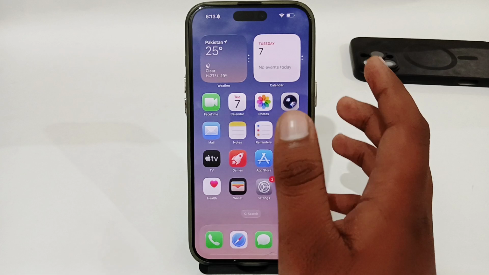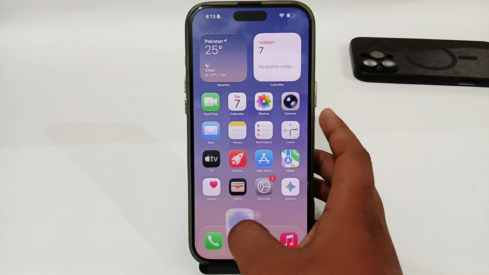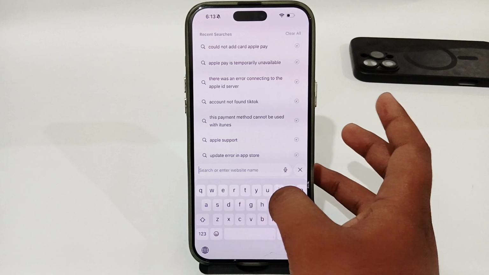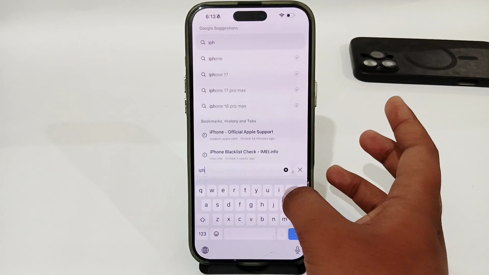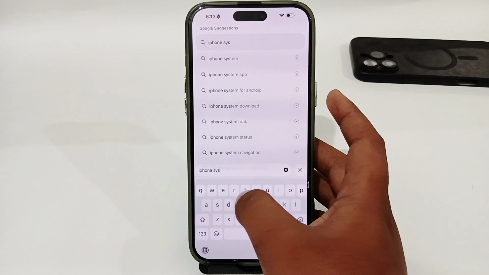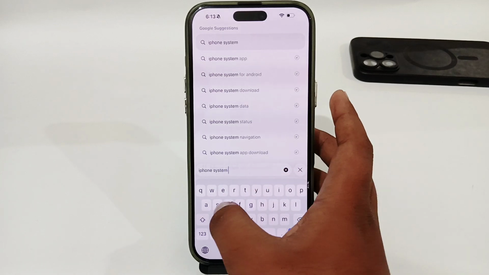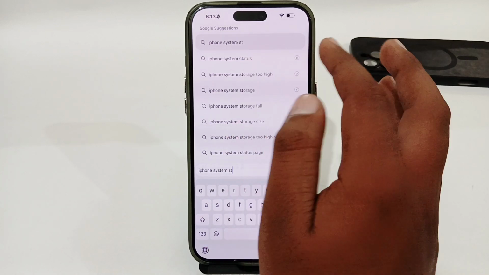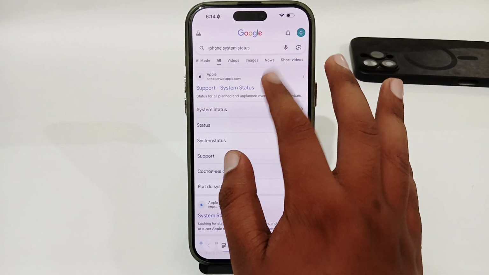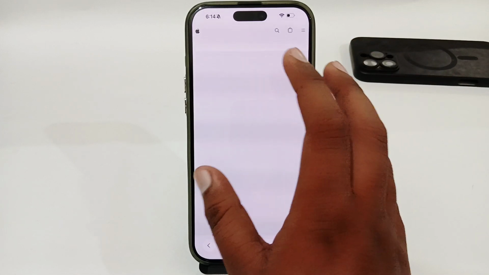Or if you're still having the same issue, you just have to open up your browser, and here you have to search for iPhone system status. So you just have to search for this iPhone system status, and then open the first website from here, and